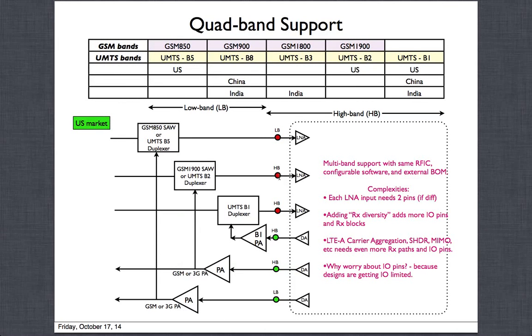Our I/O pin balls, which have to go on top of the die, the number of balls is just too high and I'm not able to fit them, so I have to grow the die because I need more I/O pins. Those designs are what we call I/O limited, and most designs now have the die area limited by the number of I/Os we need. So it's not limited by the area of the circuits itself, it's limited by the area of the I/O pins. So reduction in I/Os is a key thing in most of these chips to make them smaller, and they have to be smaller.